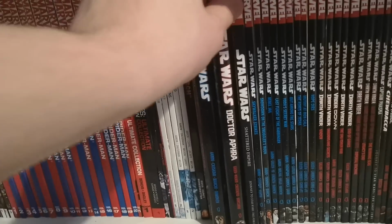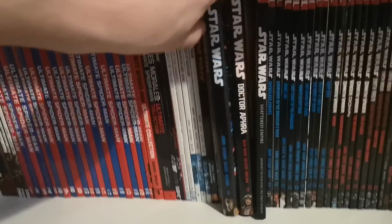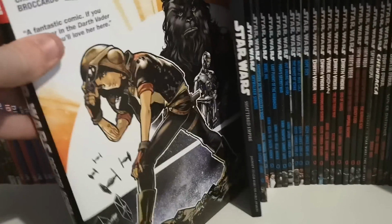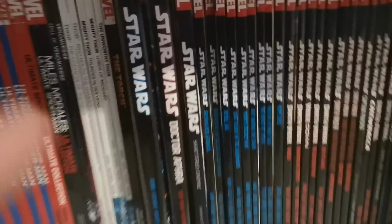And then the first oversized hardcover for Dr. Aphra. If I can get that out to show you guys. There we go. And then we've got Star Wars Shattered Empire,